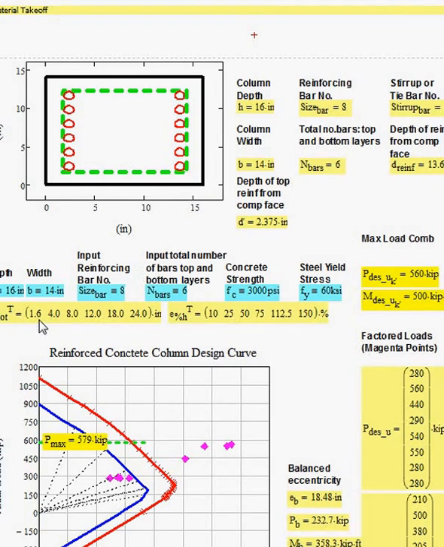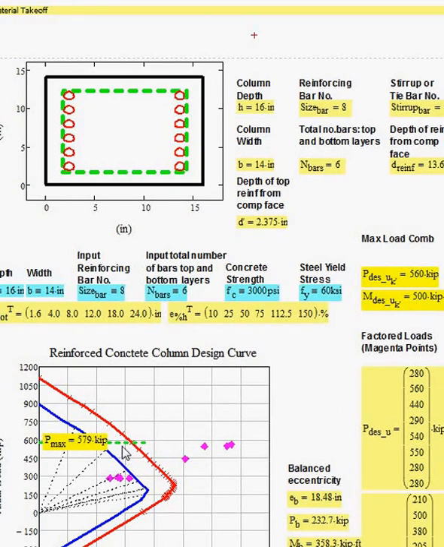The eccentricities for selected cases are plotted, and percent of H are plotted. And the eccentricities are the dashed lines. The column curve, that's the allowable load, is in blue, and the dashed green line gives us the maximum load vertically that can be applied. So for a particular column design, all of the magenta points must be inside the blue line and below the